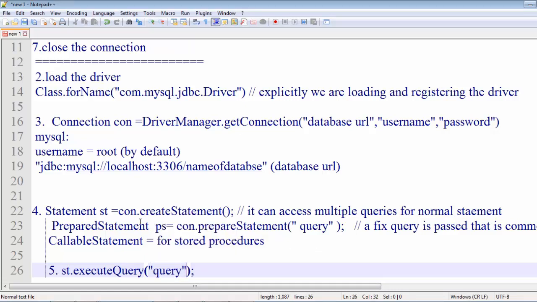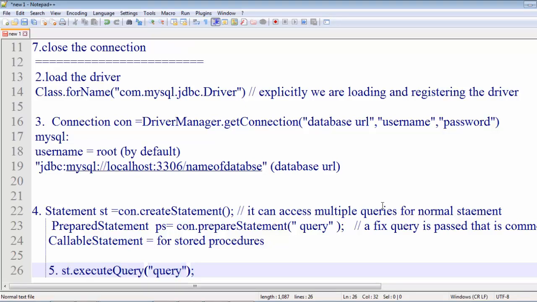If we are working with con.createStatement, a normal statement, then we have to pass the query in this method invoked by the statement object.